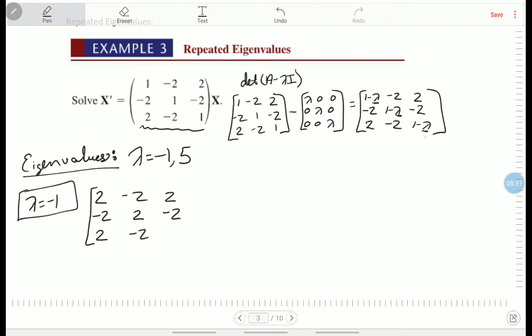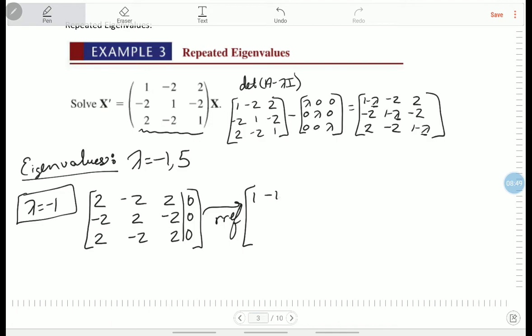And 1 minus -1 is 2. If we were to do RREF,